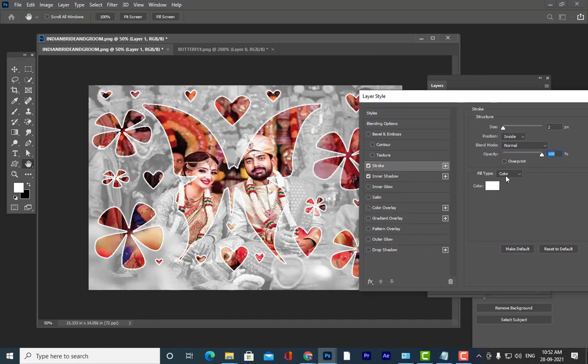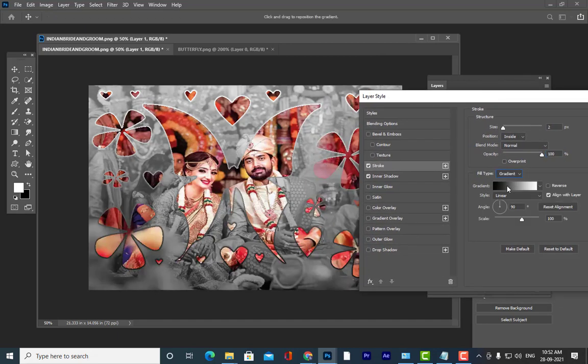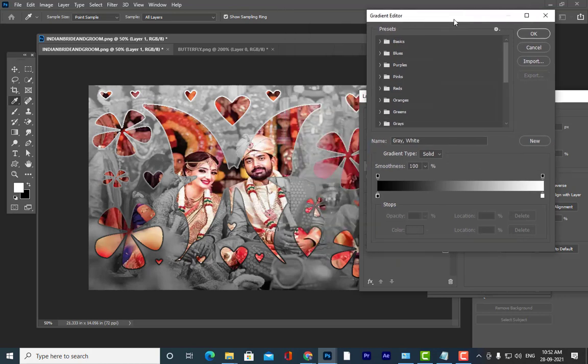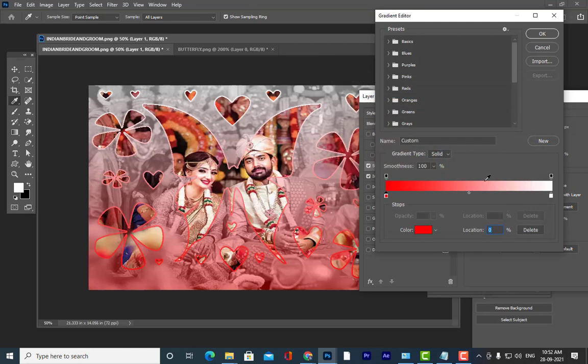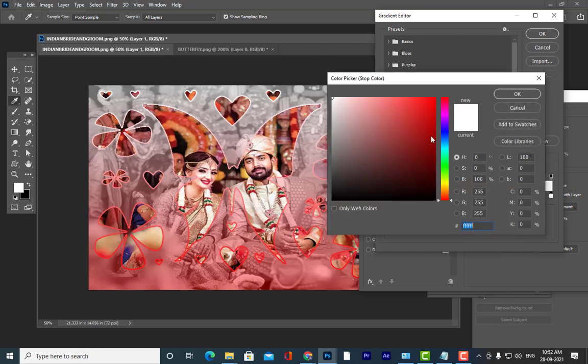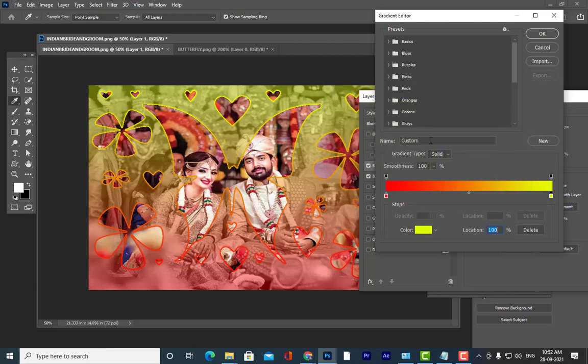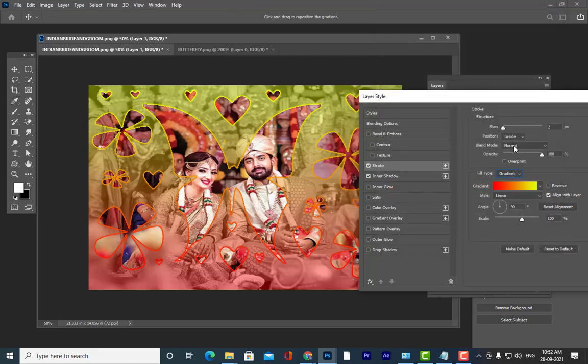So you can use a different combination. You can also try with some nice gradients. I am applying a gradient for the stroke. You can use this. See how many combinations we are getting here.